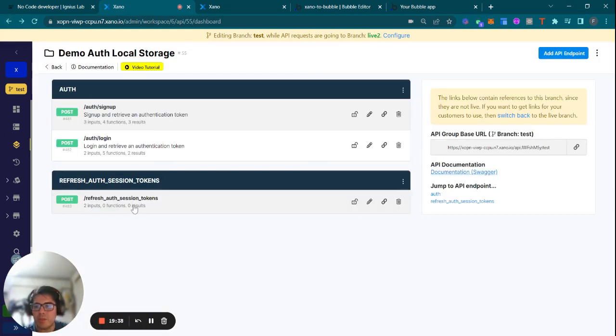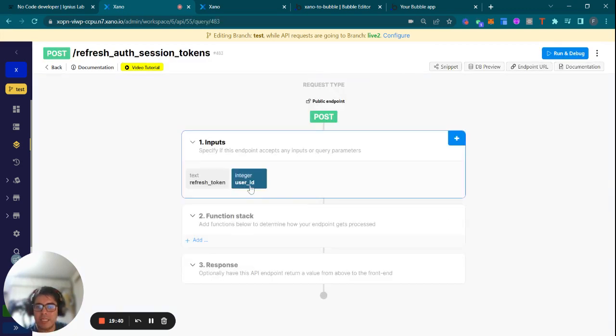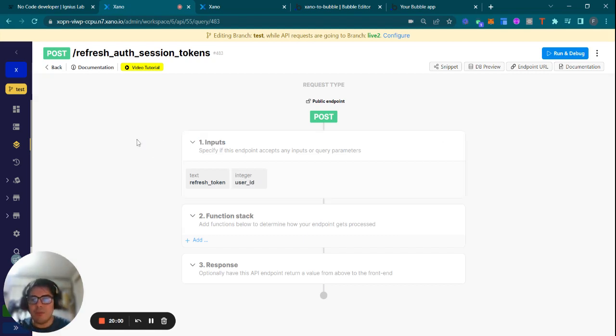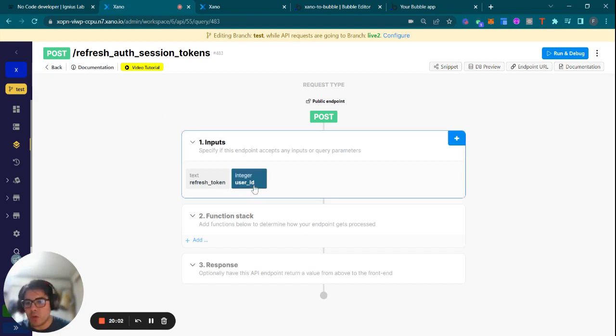Now we're getting back to the refresh session token, and here this is the same ID that we are going to pass. As we do in the sign up process, we pass the user ID to the Bubble side to store it in the database. Then when we make a call, we can pass that same value that was stored there to this API call. Now, if you want, you could use the user ID, or you could create a new field in the user table and add a new universal unique ID to make it even more complex to reproduce